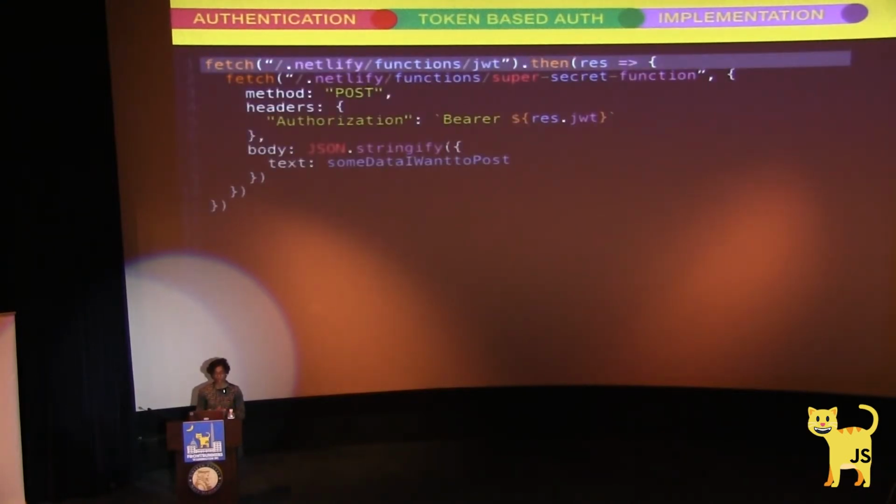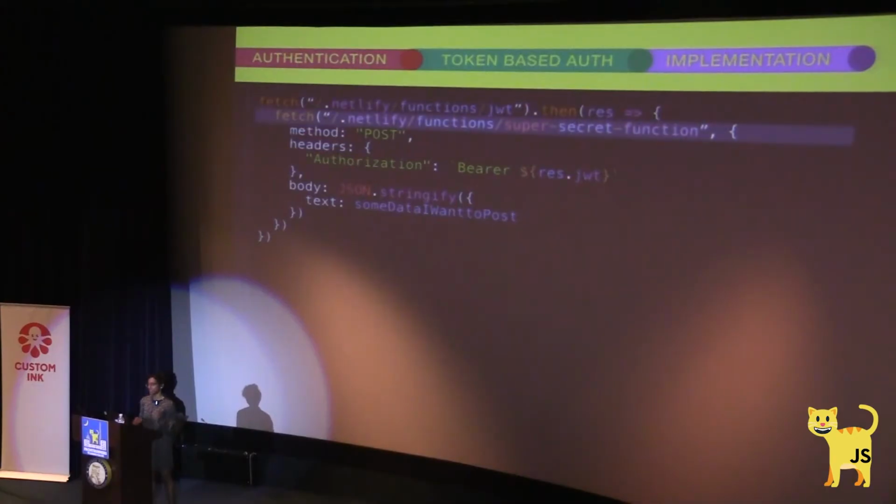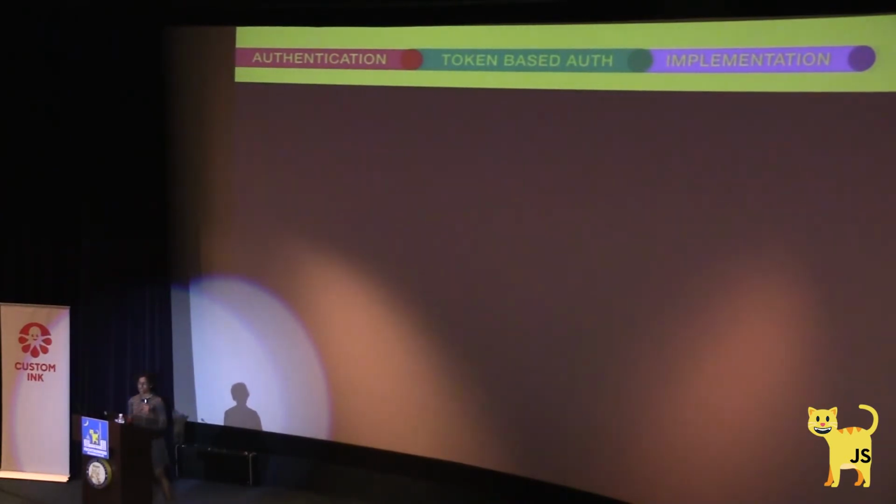And then now with this, I can basically use fetch. I think fetch was talked about earlier in the previous talk on I don't like JavaScript or something. And so you can fetch that endpoint. You fetch it, and then it gives you that JSON Web Token in the body, which you can then use to access super secret function endpoints, which is really cool. And you would post them as an authorization.